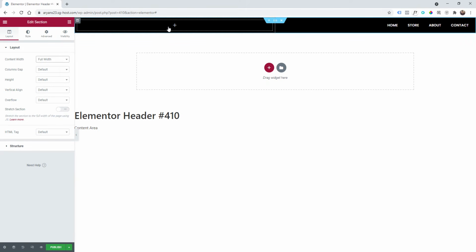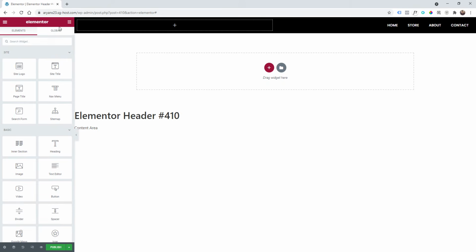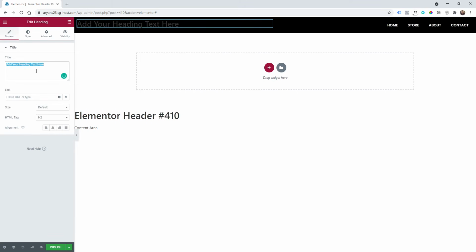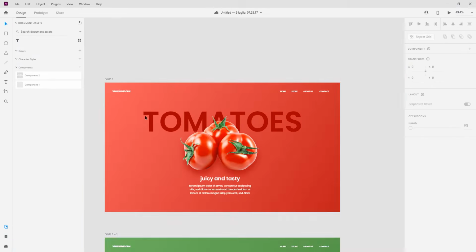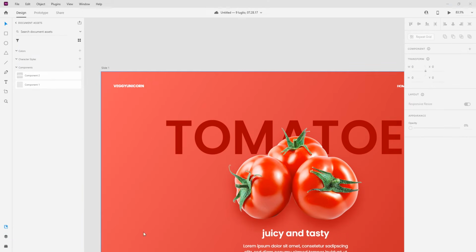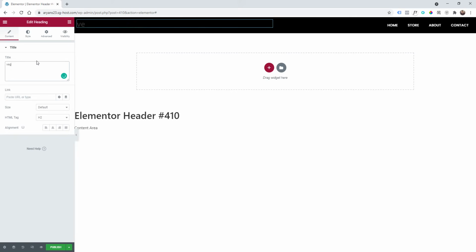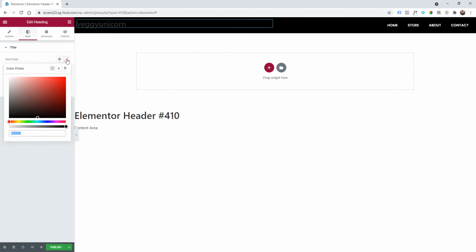width. Great, so I'm going to add the logo here. So I'm going to click this little plus button, and I'm going to add some text. So you can add an image as a logo. I'm doing a text because it's easier for me. So let's call it, let me see how I call the website on my design, Veggie Unicorn. Cool. So Veggie Unicorn, and of course the style of this needs to be white, so text color white, and